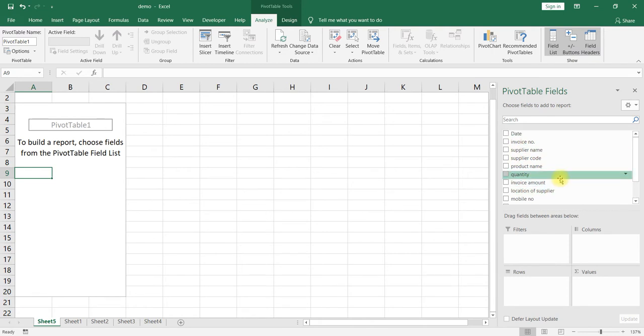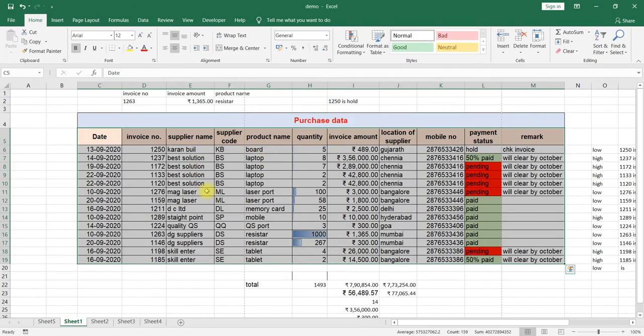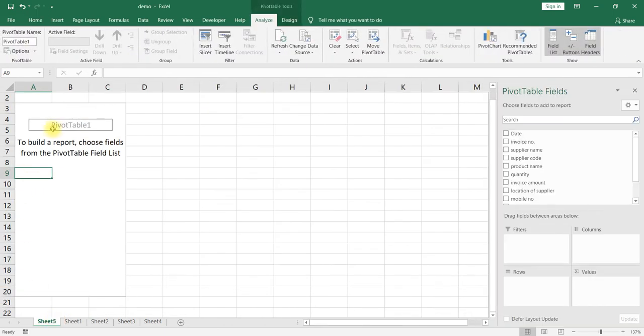In a pivot table we have to understand the structure. What we are going to do in pivot is summarize this entire data using a table. A table will have rows, columns, and values, which are nothing but readings, for example total sales, or if you would like to have a count, your total quantity.